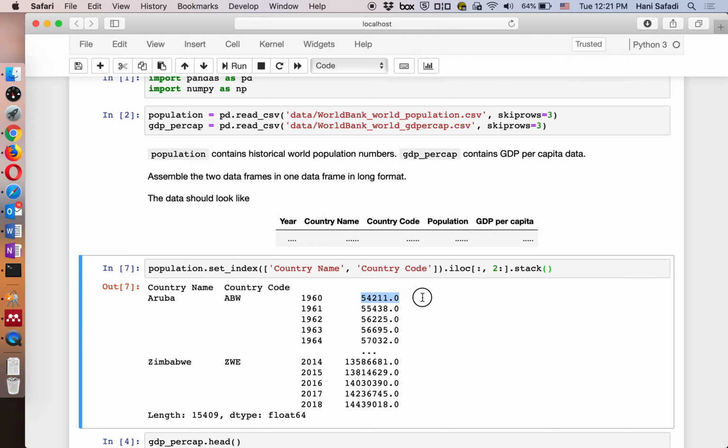And here we have the value for each one of these. Okay. So that's our series. And we can keep it as is, and we can combine it with the other data set as a series and make the final conversion as a data frame. Or we can simply reset index here, and reset index will basically use the default index from 0 to length -1, but all of what we have in the current index will be pushed to being columns in the data